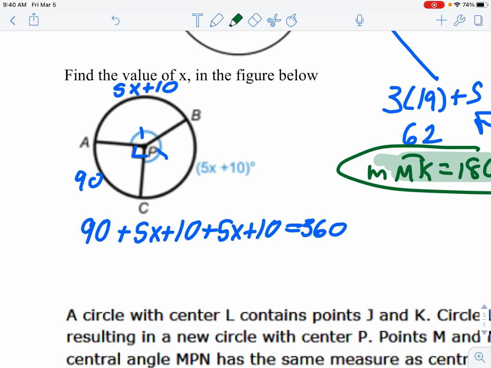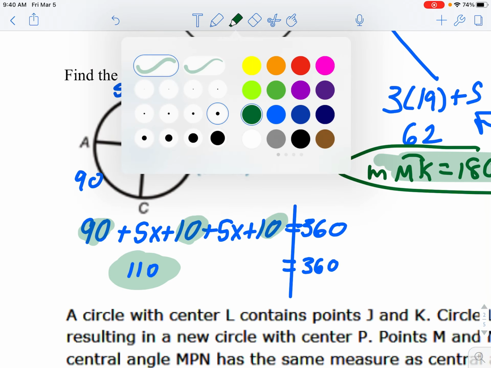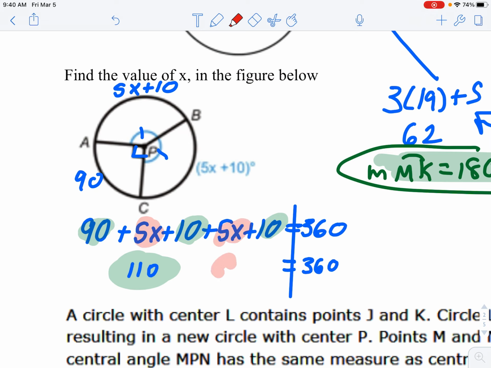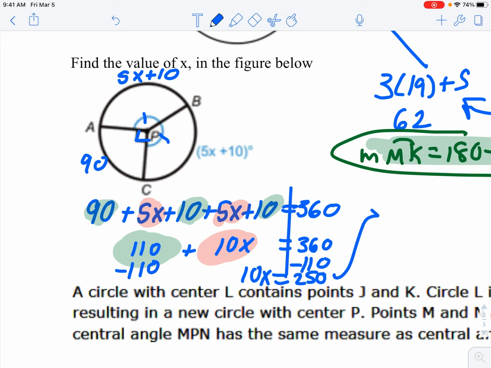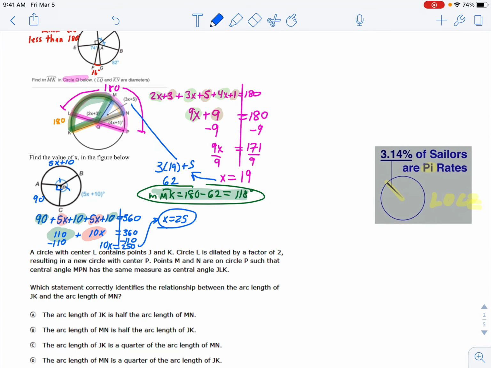Then I'm combining like terms: 110 plus 5x plus 5x equals 360. This comes out similar to something we already saw before. 10x equals 250. Divide both sides by 10. x equals 25. And then we'll finish up these last problems in